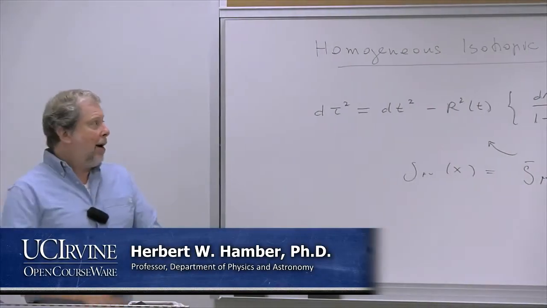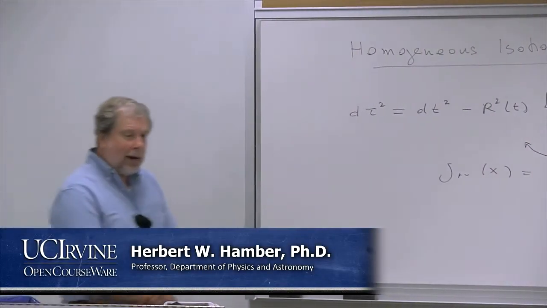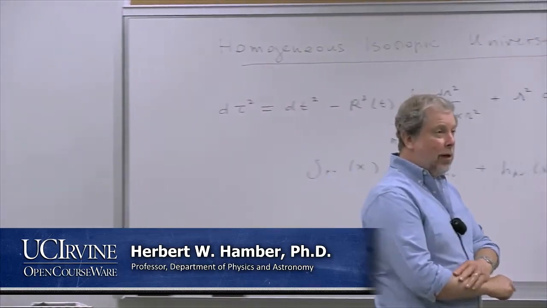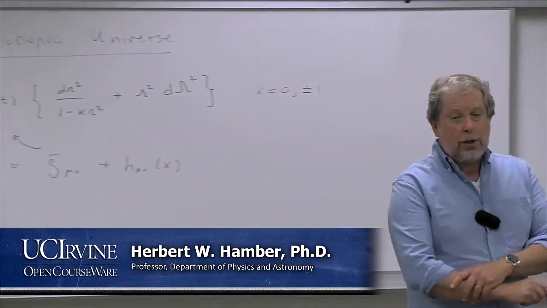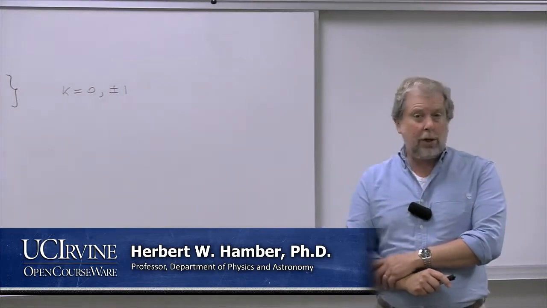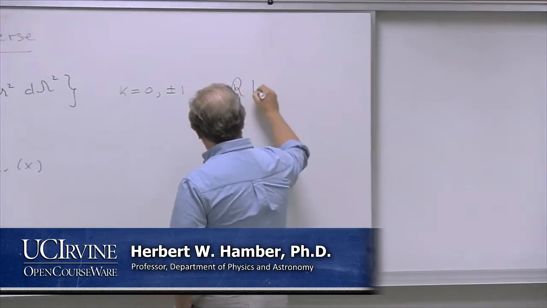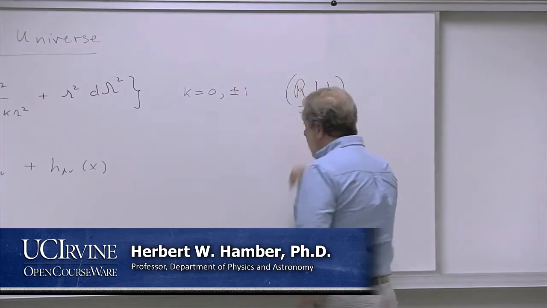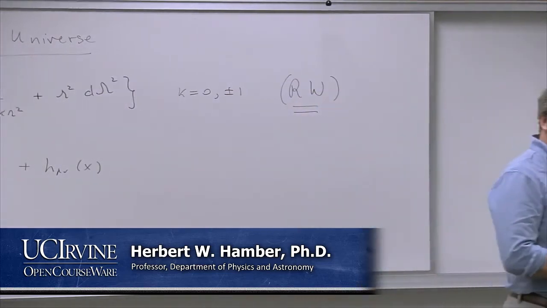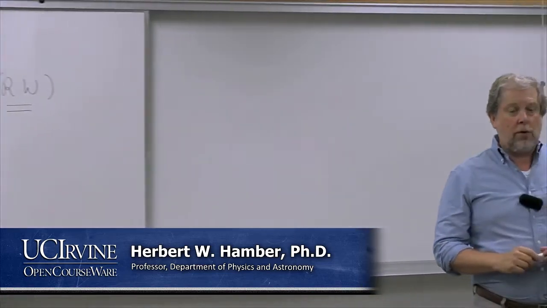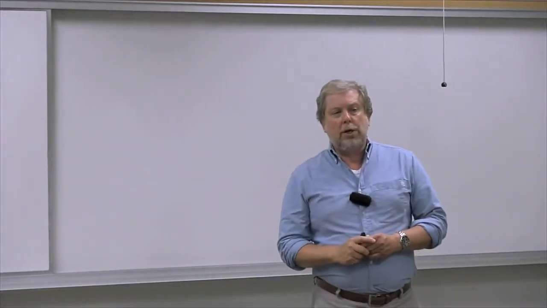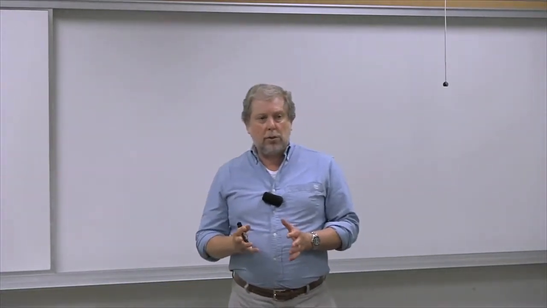Right. So in the last lecture, we looked at solutions of the field equations for a homogeneous isotropic metric, which meant that the metric was of the Robertson-Walker form, right? And as we were discussing a moment ago, this is, of course, a starting point for discussing things like cosmological solutions,